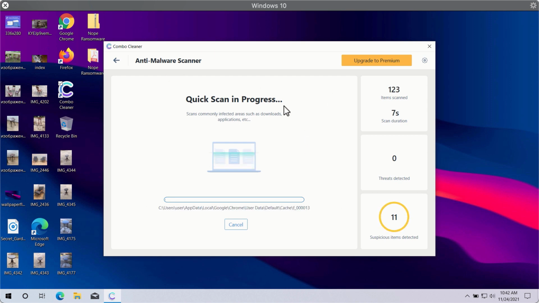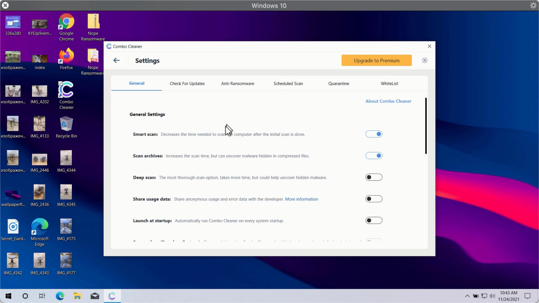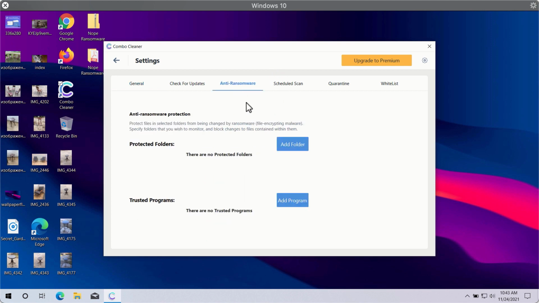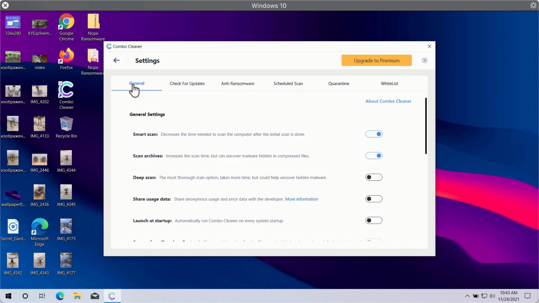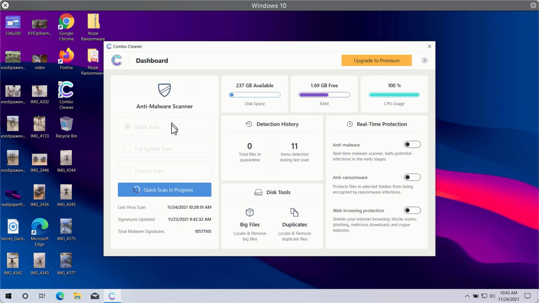of your computer. While the scanning is taking place, you may experiment with some settings of Combo Cleaner. The good feature is called anti-ransomware. It will help you to select a special folder where you may store your important data that will be properly protected against all sorts of ransomware attack. You may also select scheduled scans in the premium version and have some other beneficial features. In general, Combo Cleaner will help you to protect your system against all sorts of malware, ransomware, adware, and other